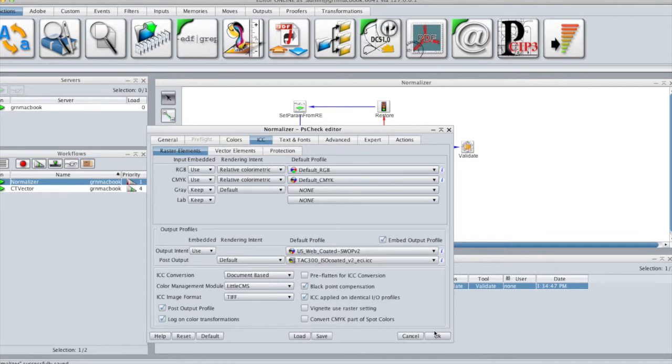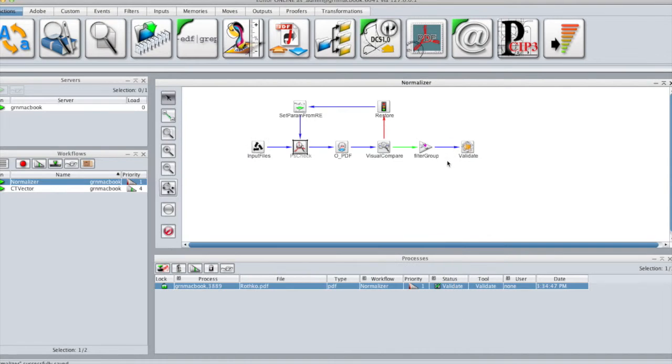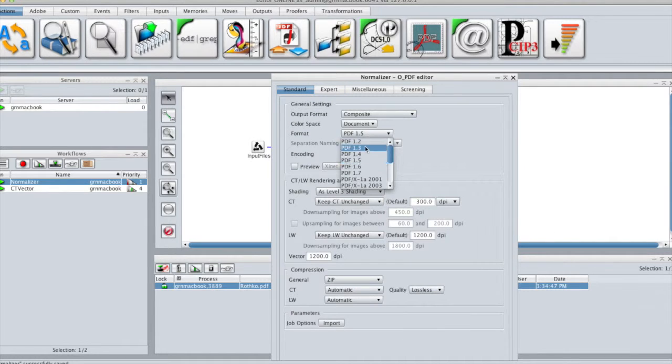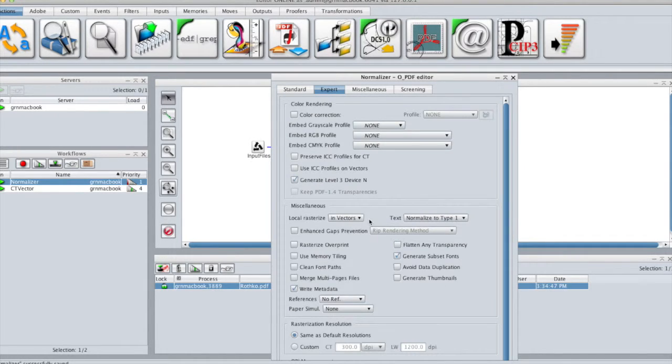Another setting that you really should look at when normalizing your PDF file is the flattening. This setup has to be done either in PSHake or OPDF. So let's do it in OPDF. No matter what you want to do with your document, we recommend that you set the local rasterize option to InVector. With InVector, all transparencies will be analyzed and the tool will decide to pre-render the transparency and to replace